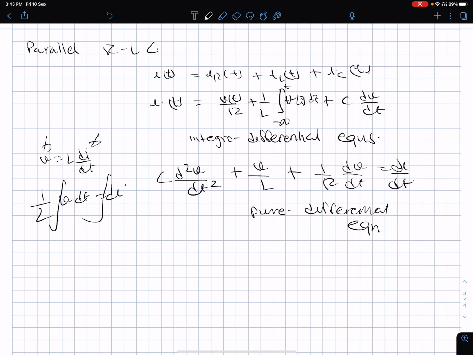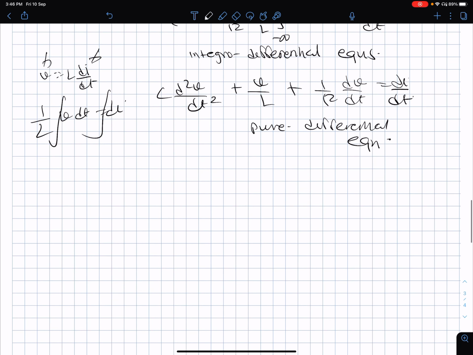But right now my emphasis is not on solving these differential equations. Solving the complete differential equation is important, no doubt, when we want to get the complete response of the circuit when the switch is closed. But I am more interested in the steady state response. In general, when you have a set of differential equations and you apply a forcing function here,